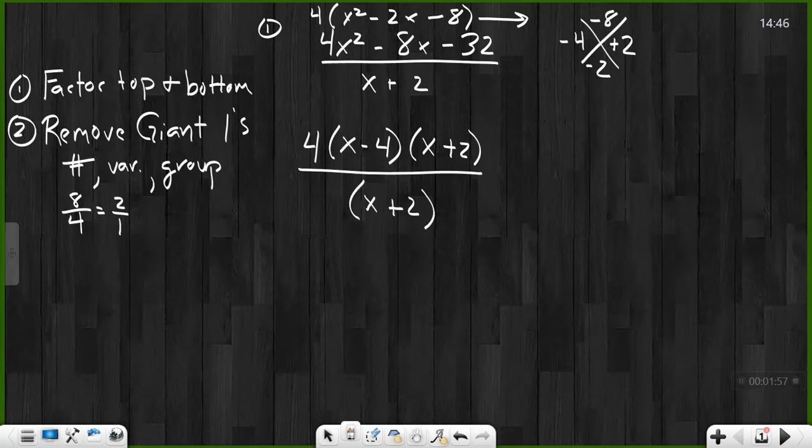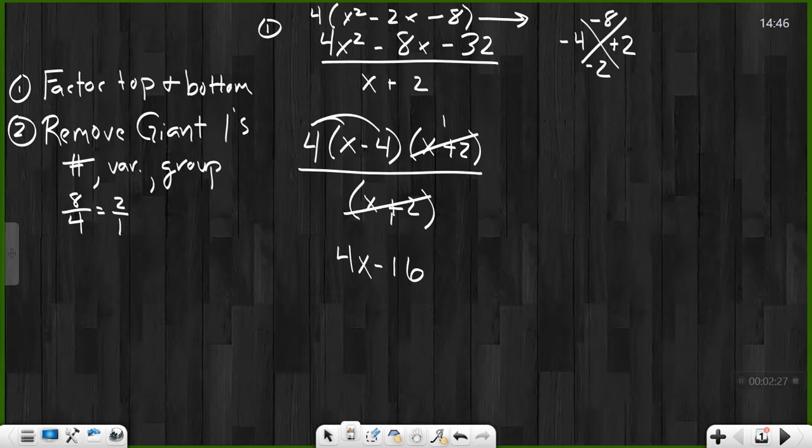Here, numbers, I got 4 on top, but nothing on the bottom. Variables, I have no variables outside my parentheses, so groups. My groups, I have an x plus 2 and an x plus 2. Remember, they make a giant 1, so 1 is left over. That leaves me with 4 times x minus 4 on top, which is 4x minus 16 when multiplied back together, over top of 1. Now, do I need to write that over top of 1? No, I do not. So I'm just going to remove it here because I can just leave it as 4x